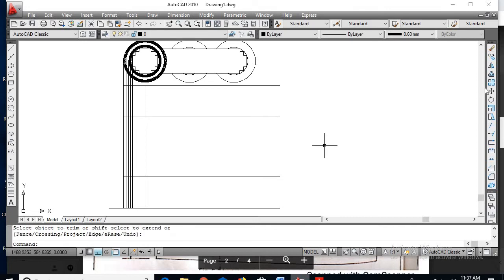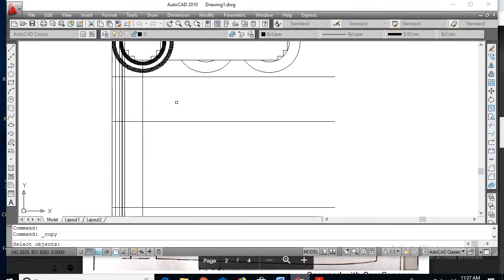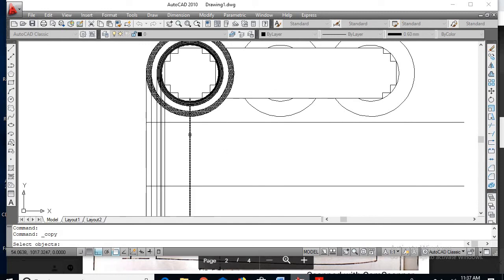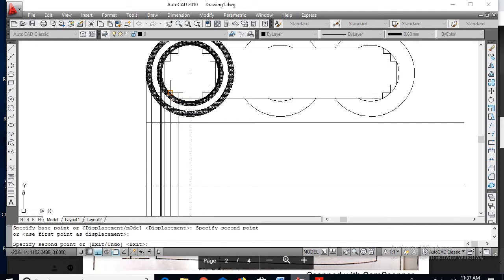Okay, so next go for copy, select this line and copy on the steps of the core. There are 2 steps.